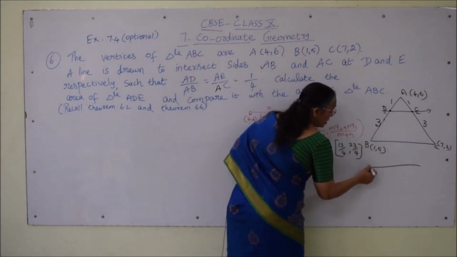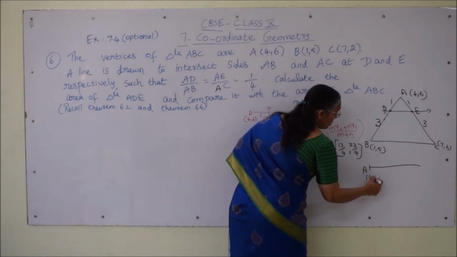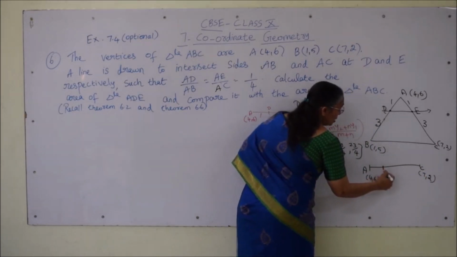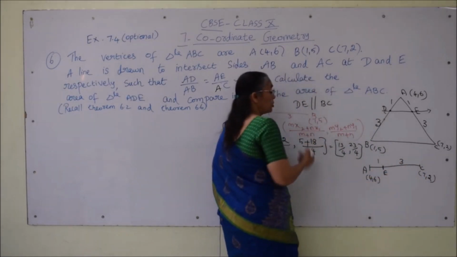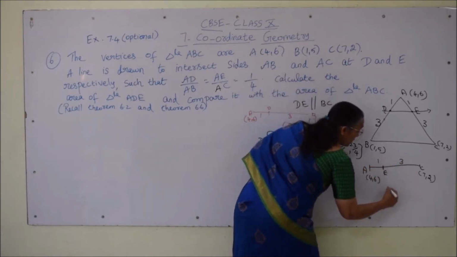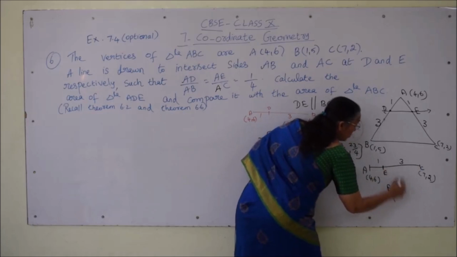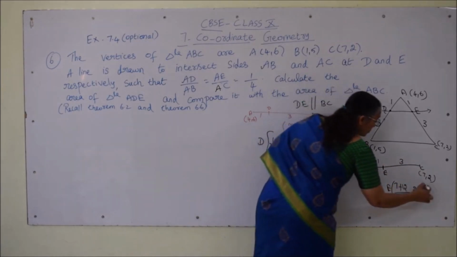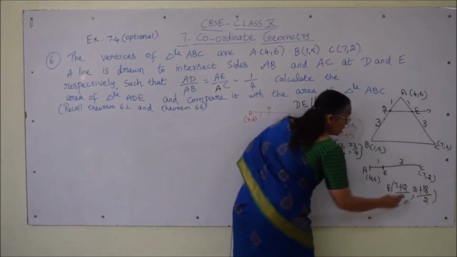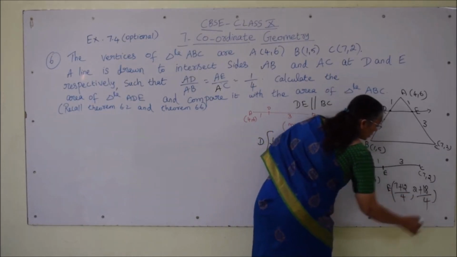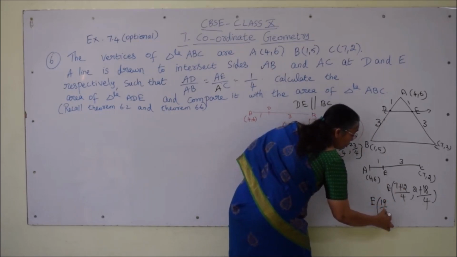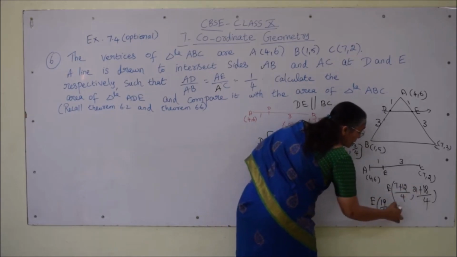So, E is nothing but here the point A is there, which is 4, 6. Here we have C point 7, 2 and E is here. Again it is in the ratio 1:3. Using same formula, E vertices are nothing but 1 into 7 plus 3 into 4, 12 divided by 4, comma 1 into 2, 2 plus 3 into 6, 18 divided by 4, 3 plus 1. So, E vertices are nothing but 12 plus 7, 19/4, comma 20/4, which is nothing but 5.